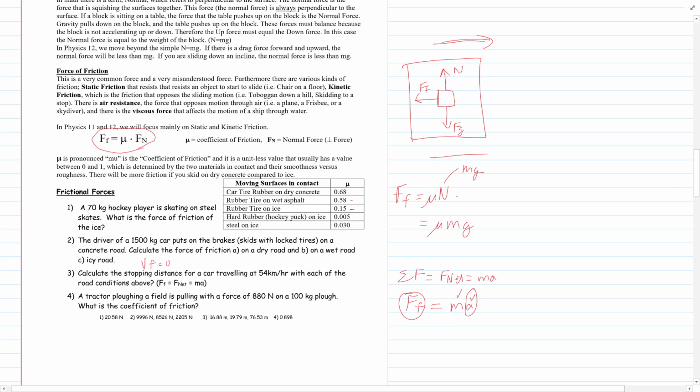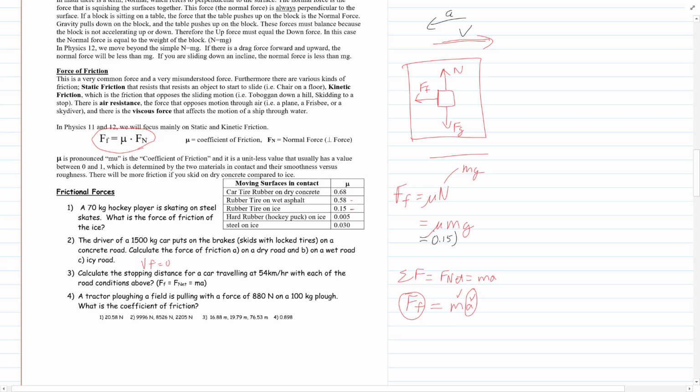So it's mu times N, and there's my free body diagram. You're moving this way, but you're accelerating that way. You're slowing down to a stop. The only force that's in that direction of acceleration is the force of friction. So mu mg, mu is